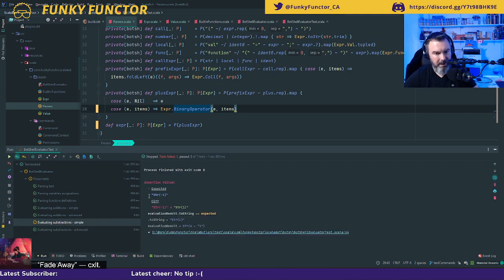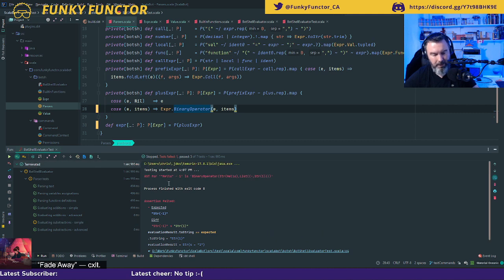All right, so right now I am getting a -1 instead of a 1. And I just have one error. That's good. AST for hello -1 is binary operator string hello -1.